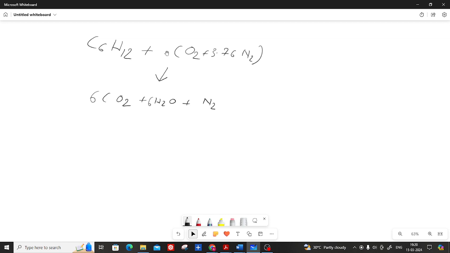Gorak, if it is not clear to you, you let me know. I will explain. No problem. It is 18. How? Because here in the products of combustion, 6 into O2 it is 12, and thus this 6 is 18. So we have to multiply by 9 here in the reactant. So 9 into 2 is 18. Yes, it's 9.